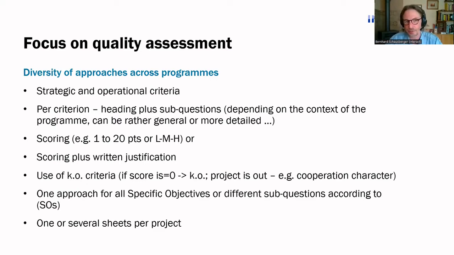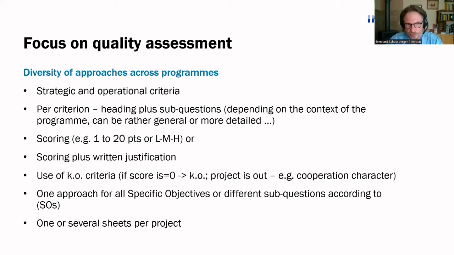Scoring, another major point, it can go from 1 to 20, so really scaling, or it can be just something like low, medium, high. And this makes, of course, a huge difference in the whole approach.